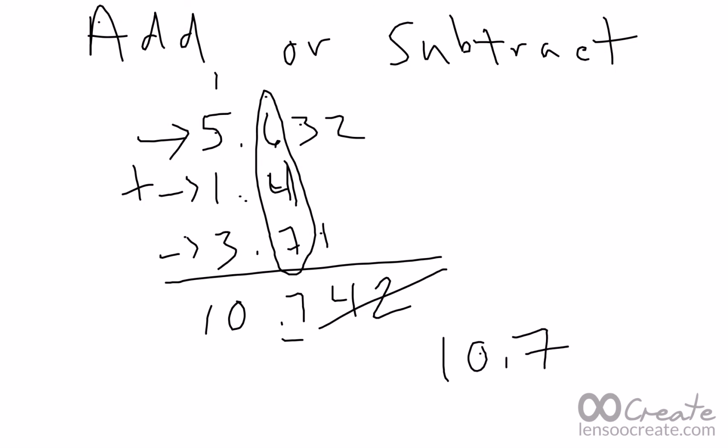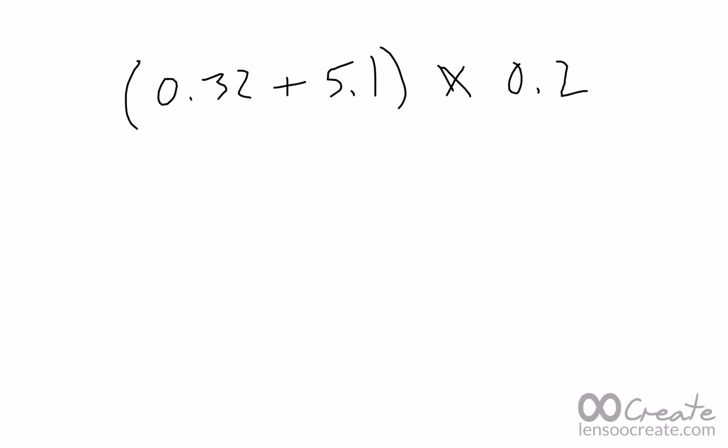All right. Now, let's say we have a problem like this. Let's say I take 0.32 plus 5.1 times 0.2. All right, so let's say I have something like this. In parentheses, I have to solve this first. Addition has different rules than multiplication does. So when I'm dealing with this, I need to work on this as an addition problem, find the answer with the proper significant figures, plug it back in,